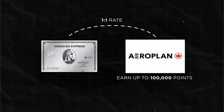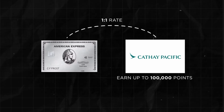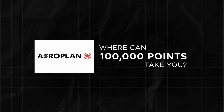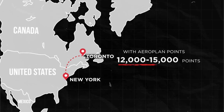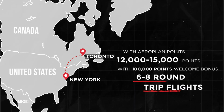Or if you don't use Aeroplan, you can also transfer your points to British Airways Avios, Cathay Pacific Asia Miles, or Marriott Bonvoy, giving you a ton of flexibility over how you use them. Now, if we look just at Aeroplan for a second, where can 100,000 Aeroplan points take you? Well, you can get a round-trip Air Canada flight from Toronto to New York for around 12,000 to 15,000 Aeroplan points, which means the Platinum Card's 100,000 points welcome bonus alone gets you 6 to 8 of those round-trip flights,